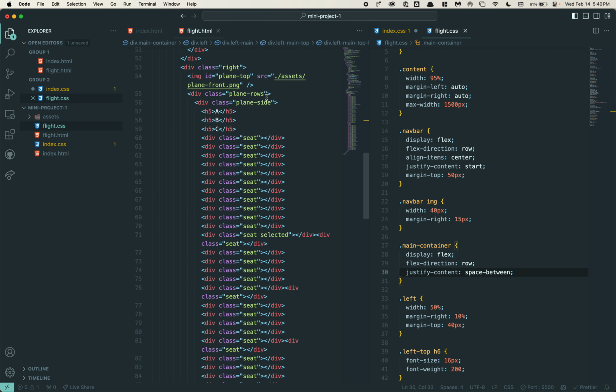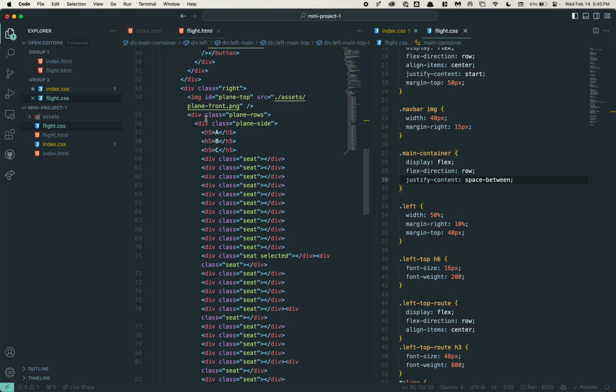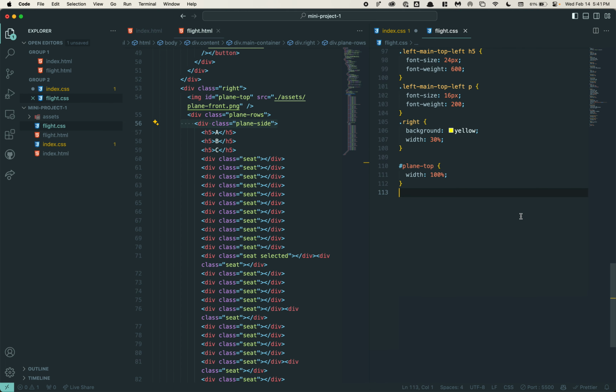The next thing, as you'll see what I did, is I divided this in the HTML structure into plane rows, and then each row has two sides. So the first thing that we're going to want to do is make the plane rows display flex. And so if I just immediately save and come over here,